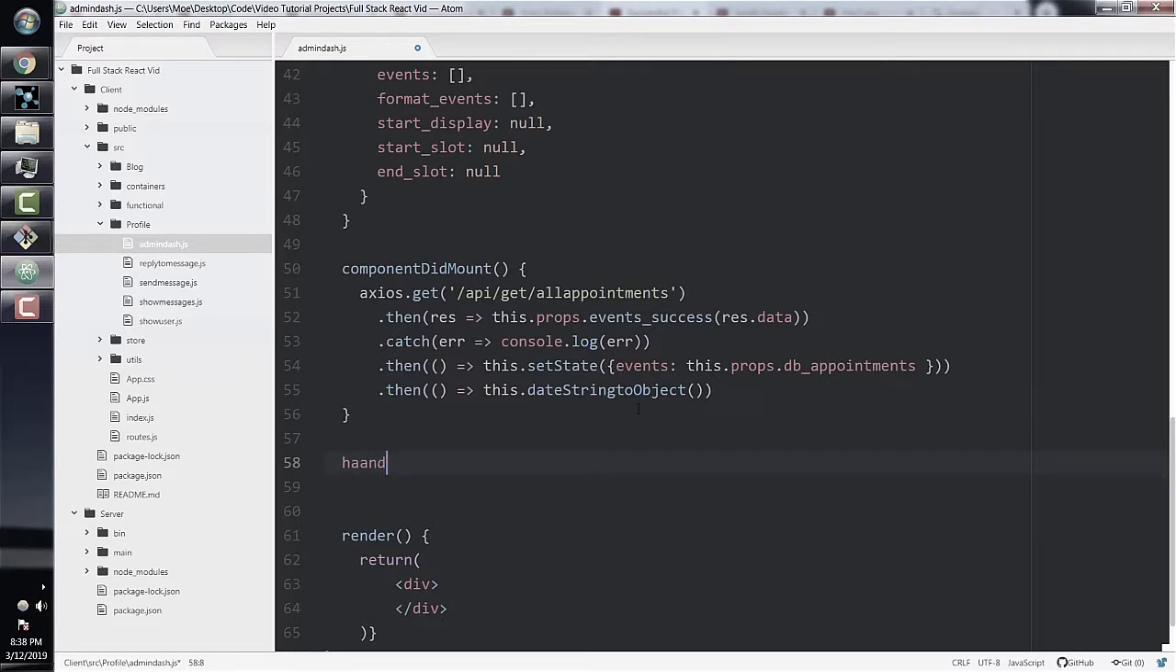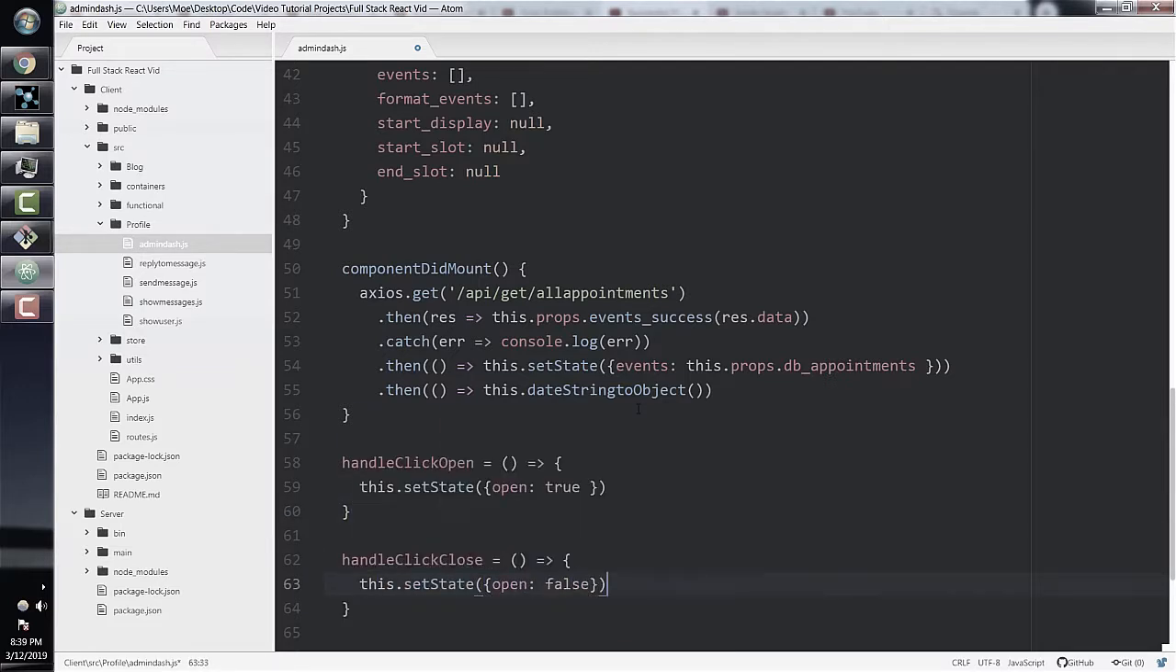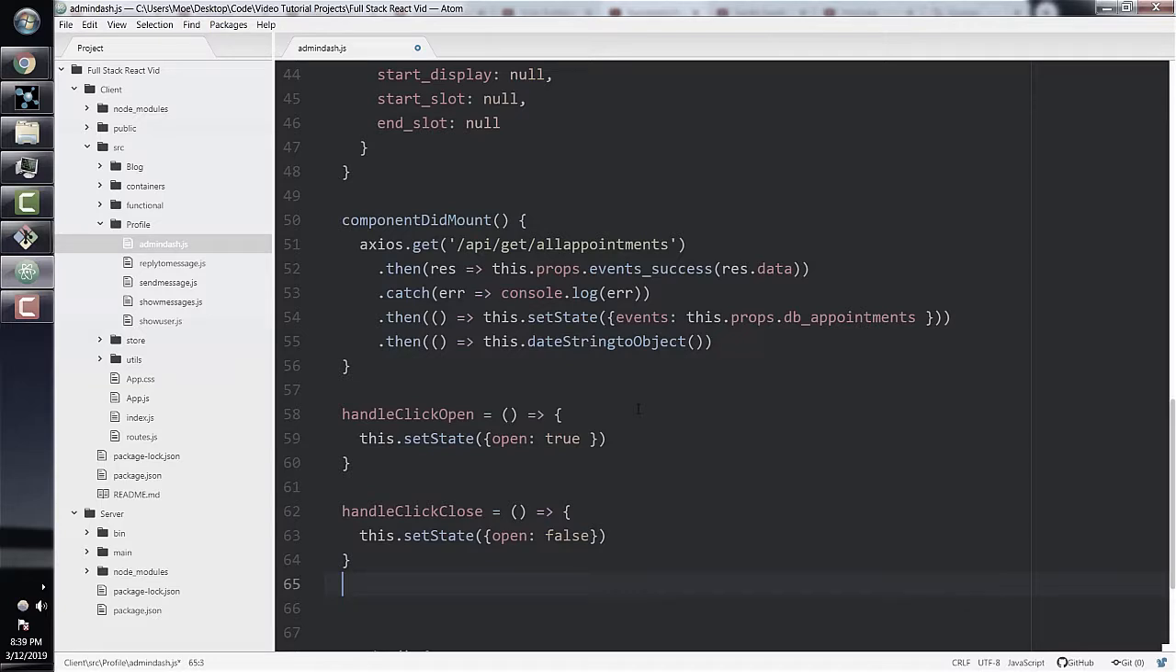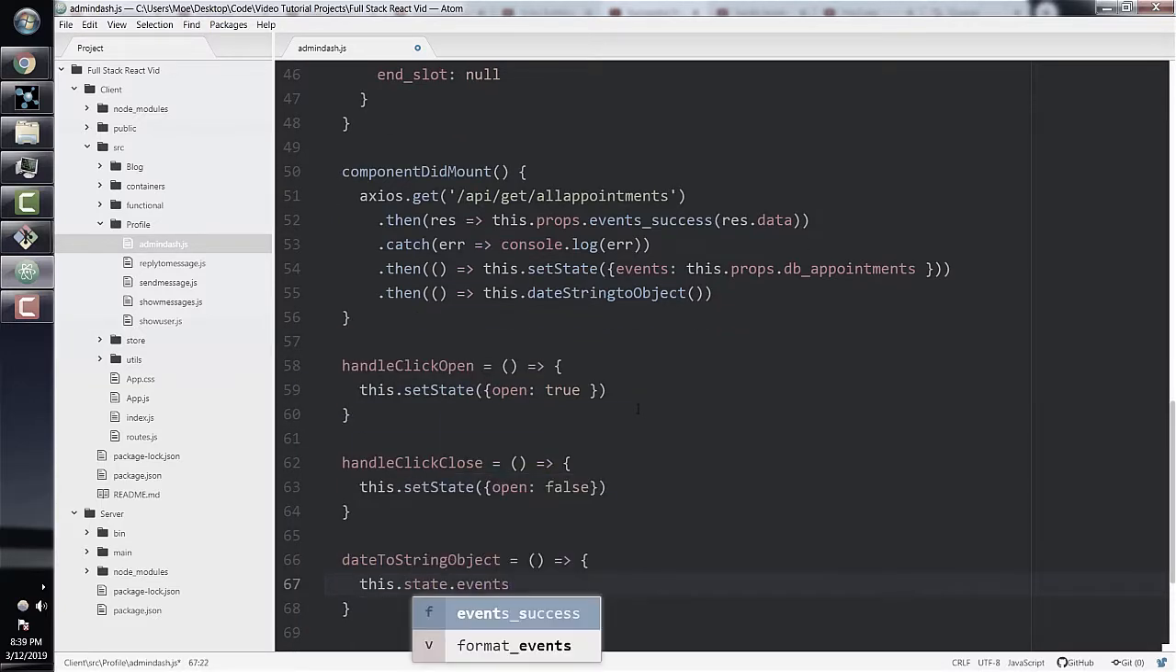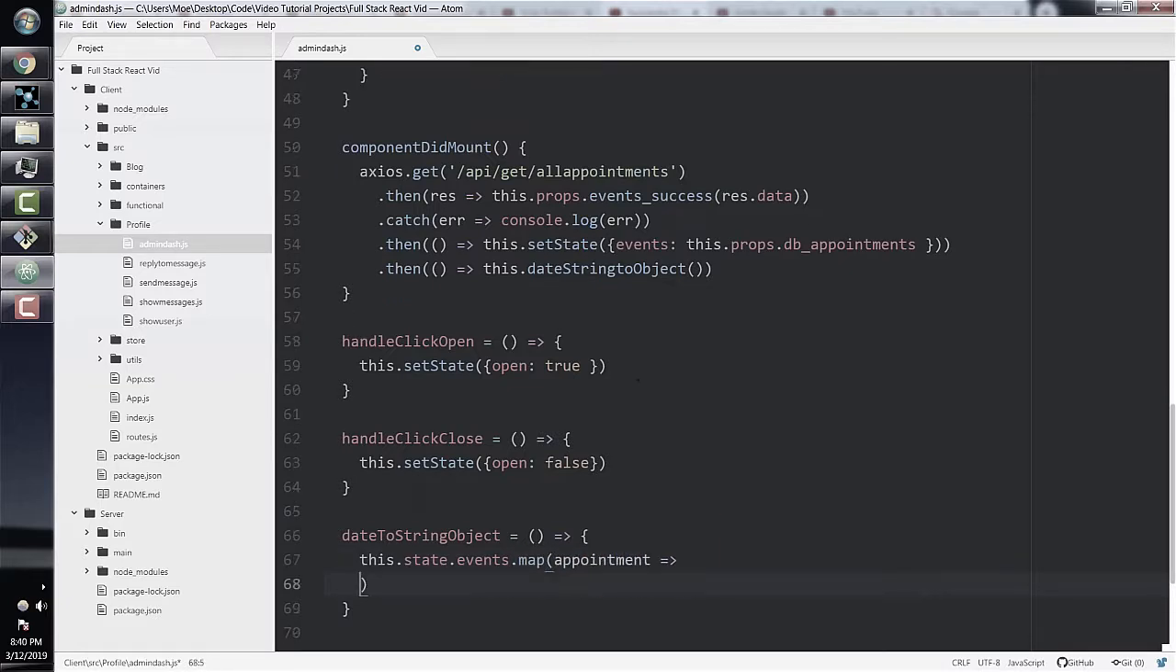All right, and now let's get started with our helper functions. So we'll need handle click open and handle click close, and these are the same exact helper functions to open and close the dialog box. So we'll just set state open true and set state open false. And then we have our dates to string object, and this is what will format our appointments correctly to be